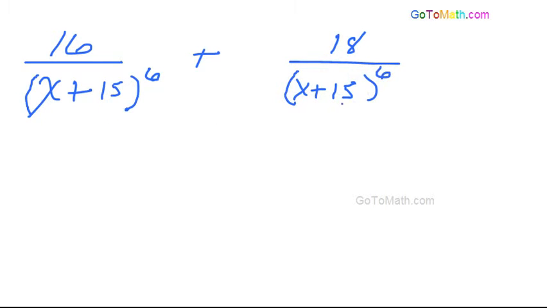Well, as you can see here, both of the denominators are the same. So what does that mean? That means all we got to do is just add the numerators, right? Add the numerators. Okay. So we got 16 plus 18, and that's